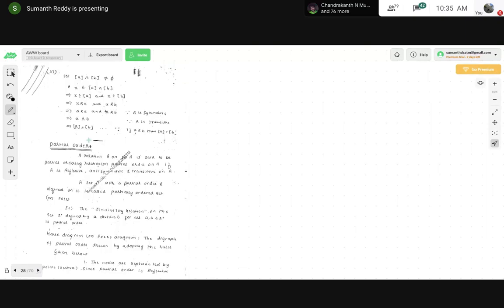So this is the partial order. This is also one of the important topics, where they will ask you about the Hasse diagram. He will give, in a similar way to whatever he has given for equivalence relation, some operation and ask you to check whether it is an equivalence relation or not. In the same way, he will ask whether it is a partial order or not.